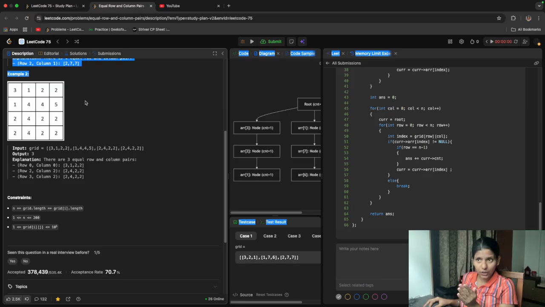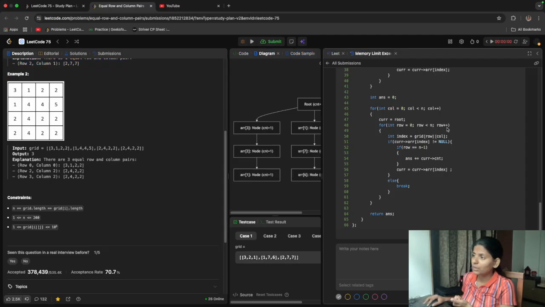Now I'm checking 3 1 2 2 1 4 4 4 2 4 4 4. Like I'm checking columns now. So for that, if my row for this column is at n minus 1, it means that till the last, my column is matched with that row. How can I say that it is a row?